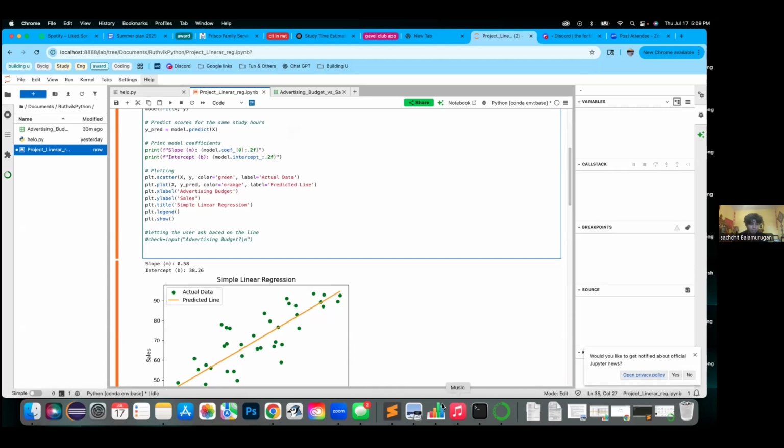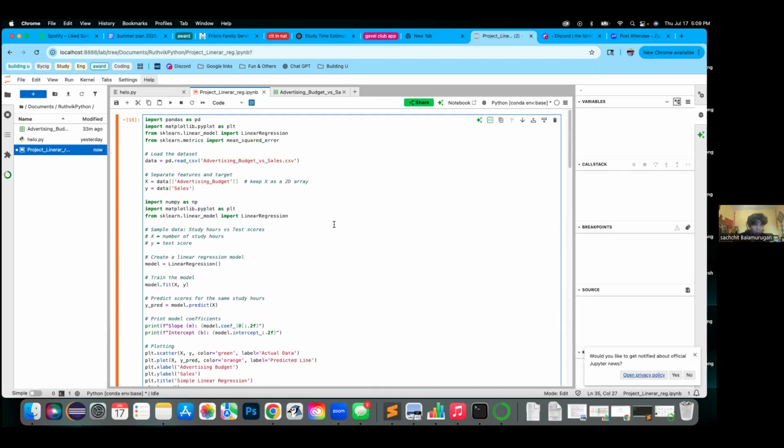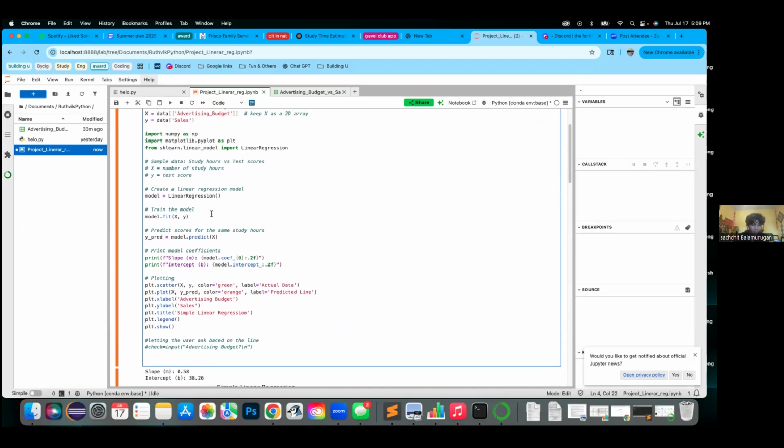Okay, go up on your code. Now explain to me what each library you imported is used for. This is for reading the data. This is for plotting it. This is for calculating the linear regression. This is for training the model. Remember this equation, mean squared error, your loss function. Right. Go down to your results.